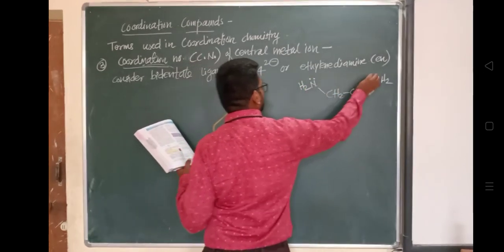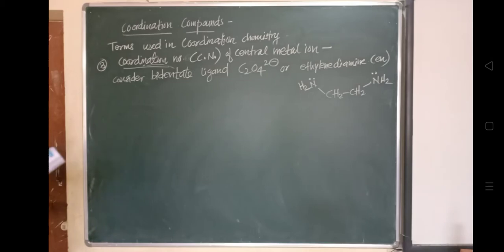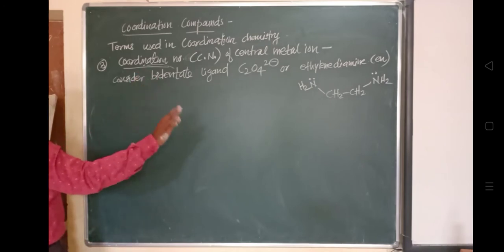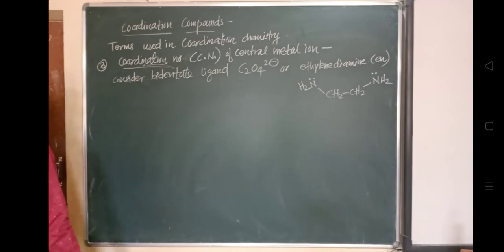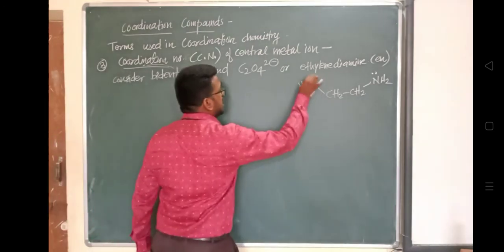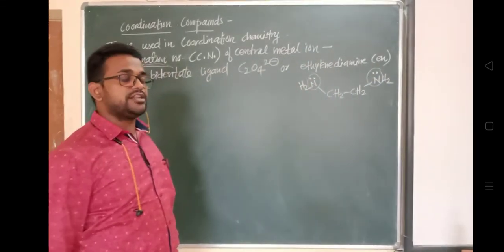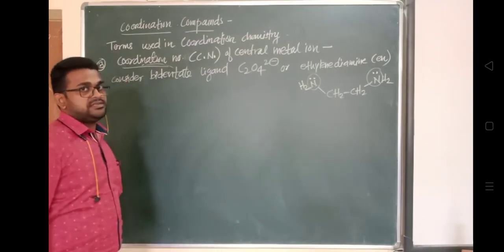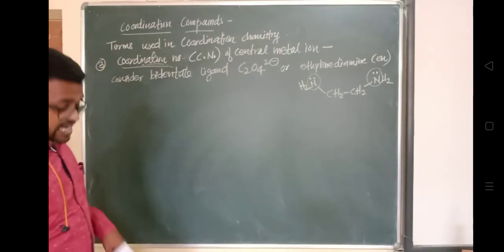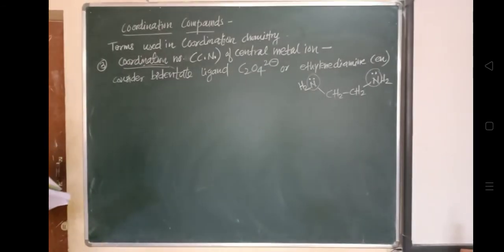Now we'll write down the complex ions. The complex here is Fe with C2O4, the oxalate ion, 3 times, and the total charge is 3 minus. This is one complex ion. Another complex ion is Co, cobalt, with ethylene diamine, represented by En. En3 means ethylene diamine 3 times. Ethylene diamine is a bidentate, and the charge is 3 plus.